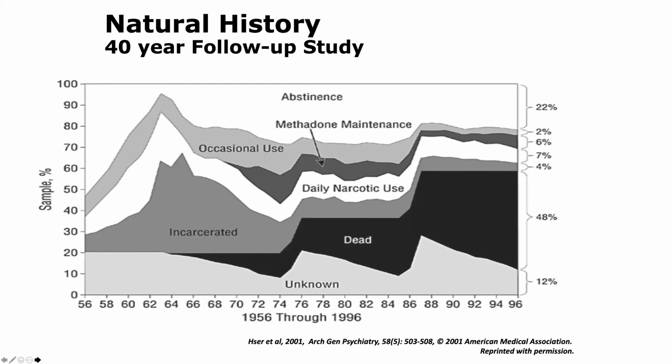But I throw this in here because this was a study that was published in 2001. We have had an opioid epidemic for soon to be 50 years. I mean, this is a 40-year follow-up study from 56 to 96. And it kind of gives you a breakdown. And these were hundreds of thousands of individuals, of the individuals that we see when we have opioid use disorders in our general population.